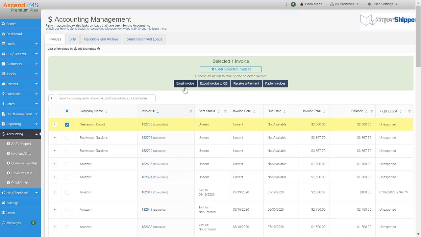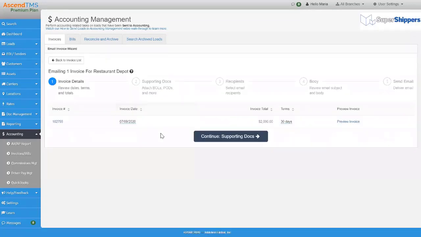One being emailing the invoice, which is what we'll do now. Another, exporting to QuickBooks, which we're integrated with QuickBooks Online and QuickBooks Desktop. Or also receiving a payment. And you may see the factor invoice button if you guys are linked up to one of our integrated factoring companies, Triumph Business Capital or Phoenix Capital Group, with a few more names to be added to that list very, very soon. All right, so we're gonna email, and this is why you may not use that little plus sign. It's completely up to you, but I want you to see it.